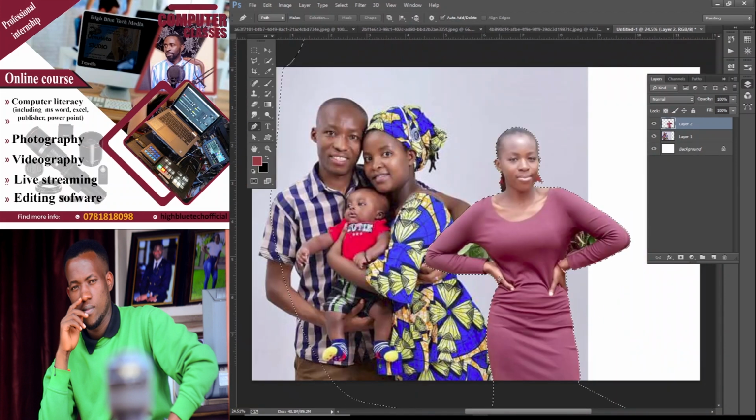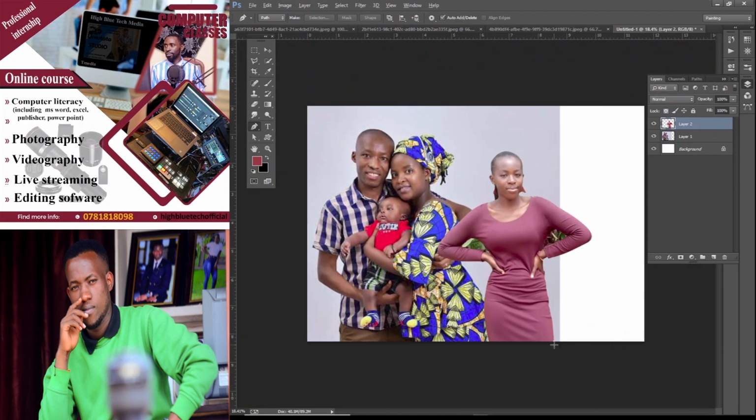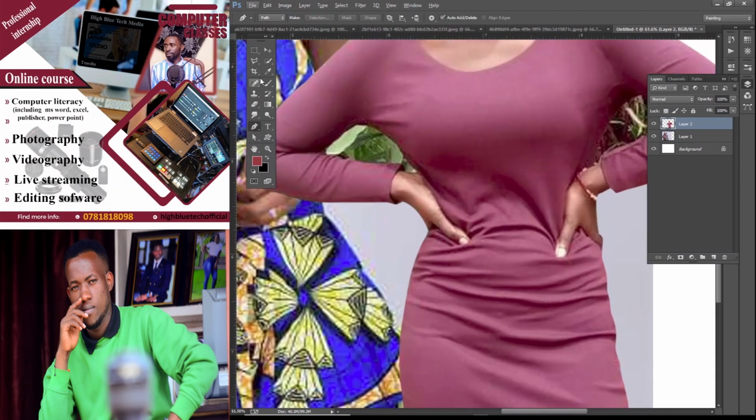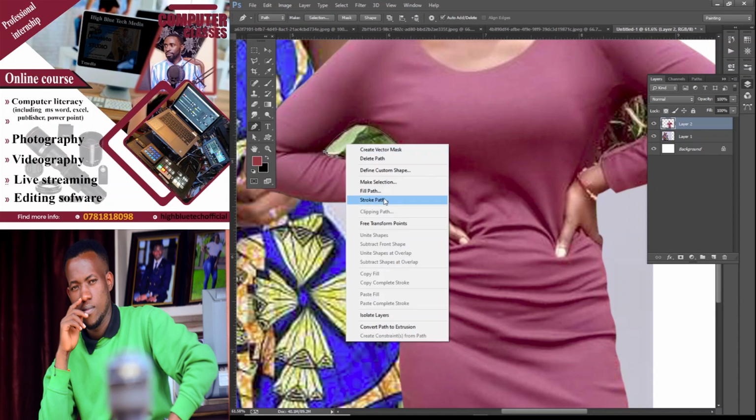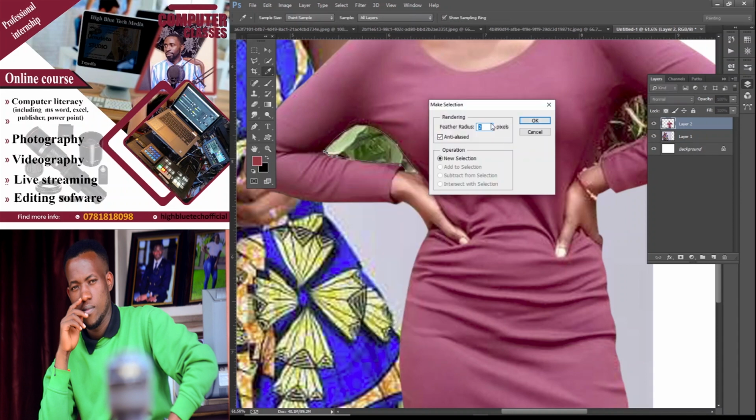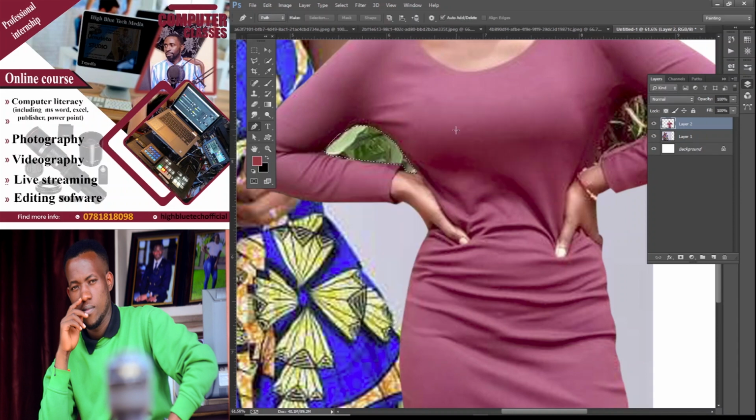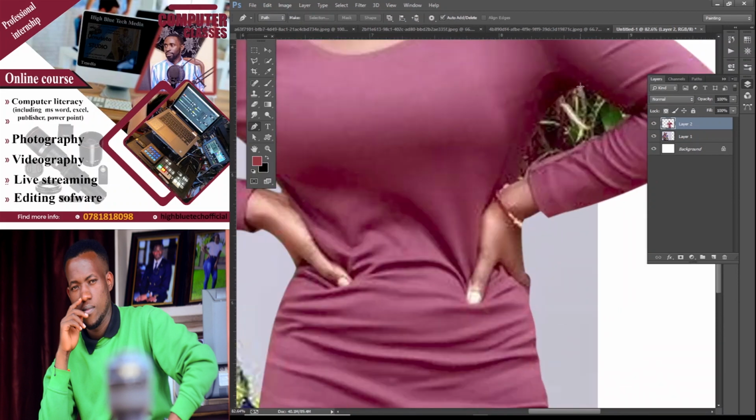Now, as you see, I'm going to remove even those ones from this side here. I'm going to remove this, make a selection as well. Radius of 3 or 2, I delete. You see, and even here,